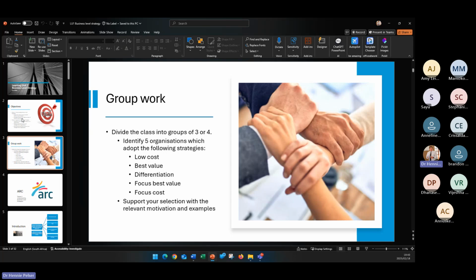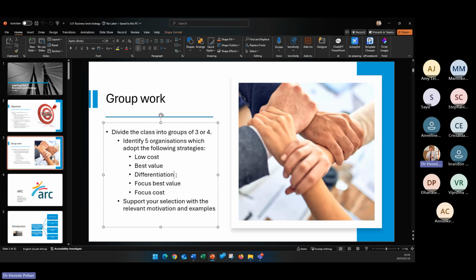So the business level strategies that we have are those there. Low cost strategy, where everything you do is about savings, it's about efficiencies in terms of your manufacturing process, and it's about making sure that you pass those efficiencies on to your customers. It is about making sure that your customers get the best deal possible. I'll come to best value in a second, and we'll talk about that.